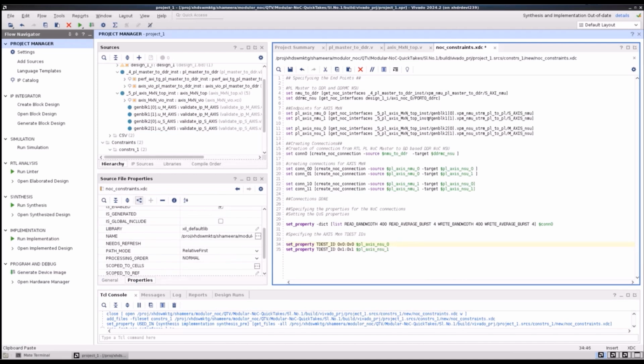If we need to set the apertures, we can use the setProperty command. As the properties are now specified, we can save the XDC file.